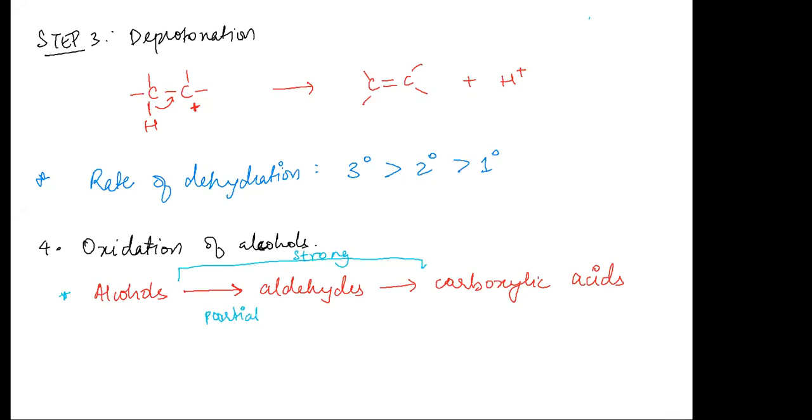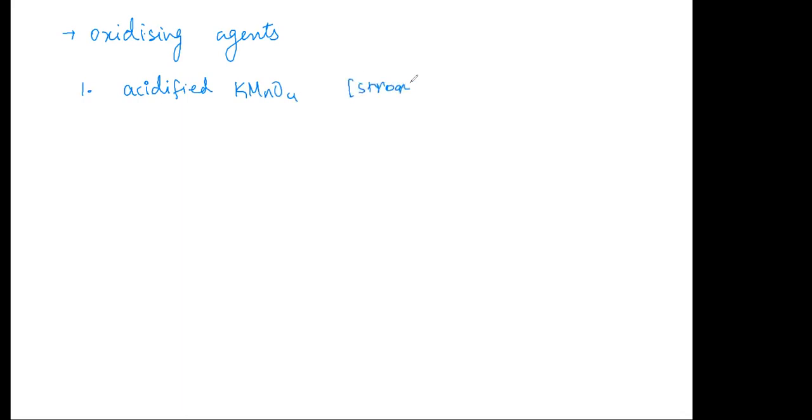So yeah, I was going through your textbook. It's given in a slightly confusing way. I'll just put it in a really easy way. I would like you to note down this list of oxidizing agents. It'll be easy for you guys to study and go through. Okay. So major oxidizing agents you've got, one is acidified KMnO4. So this is a strong oxidizing agent, and you get carboxylic acid from this.